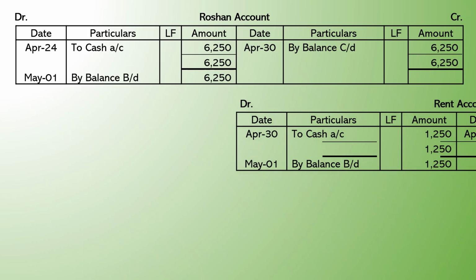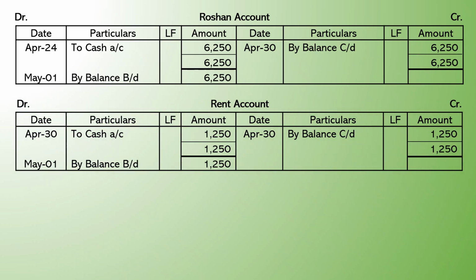For the transaction dated 30th April 2025, in the cash book, rent account appeared on the debit side. Hence, on the debit side of rent account, post the entry as to cash account for an amount of 1,250 rupees. As there is no other entry to post, total the debit side and write difference on the credit side